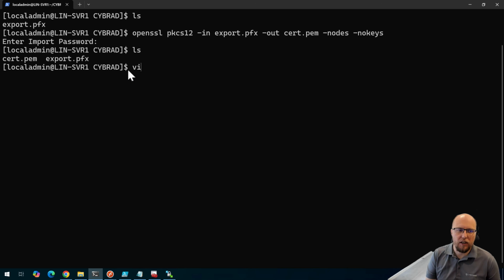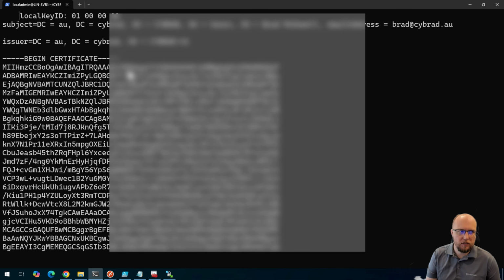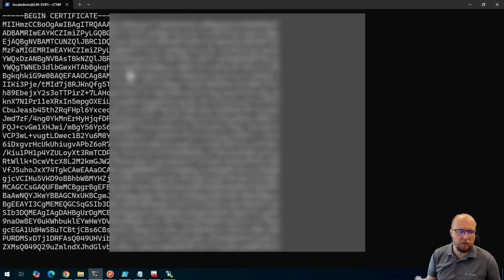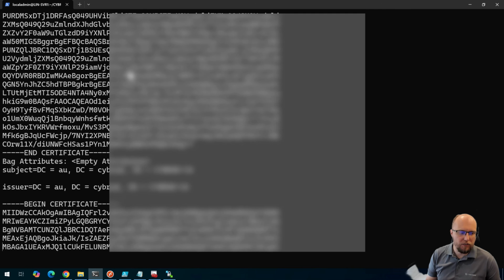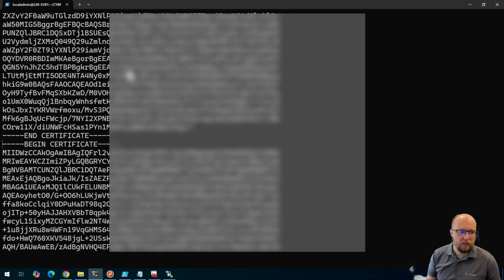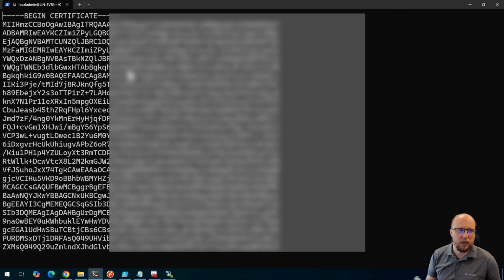I'm just going to use VI to edit that cert.pem file, and I'm just going to remove all the extra information around the certificates. So pressing dd every time I want to delete a line, and down further, so that is also included here. So this bottom section here is the root certificate in my case, and this top section here is the certificate. So we'll save that,